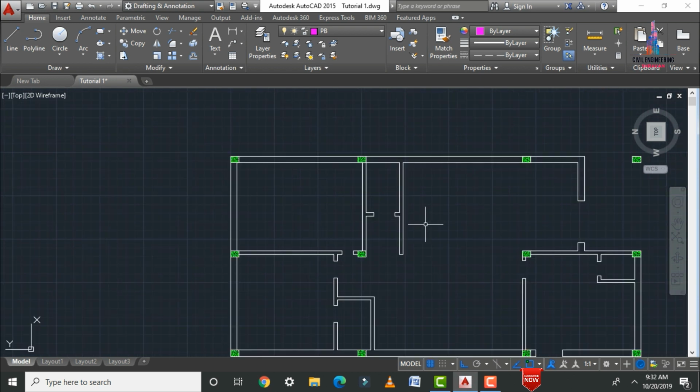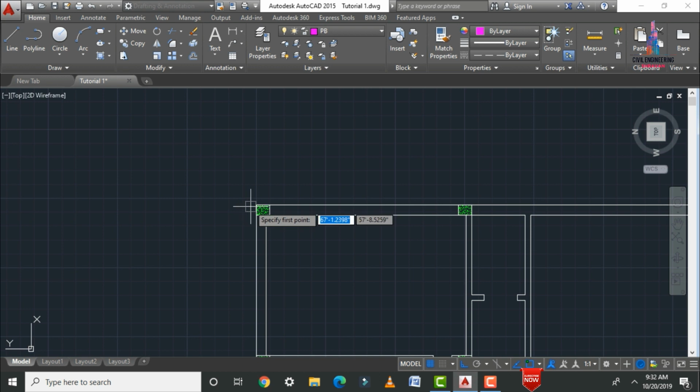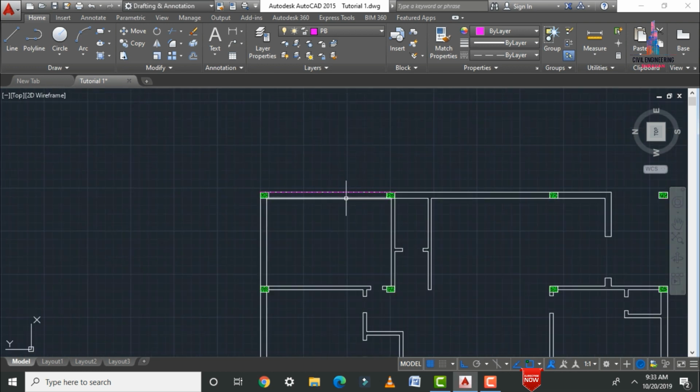Basically, the plinth beam sections will also consist of secondary beams. I already explained the definition related to the secondary beams in my previous video, so please follow that video. Initially we need to create the primary beams. For that, click on L enter. Initially I'm selecting the starting point here, and here I'm selecting the second point like this. After that we have to apply the offset for this section. O enter, with a distance of 9 inches, let us consider. Here I'm taking it.